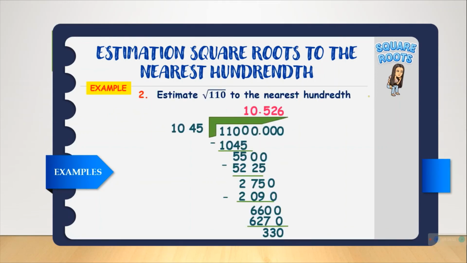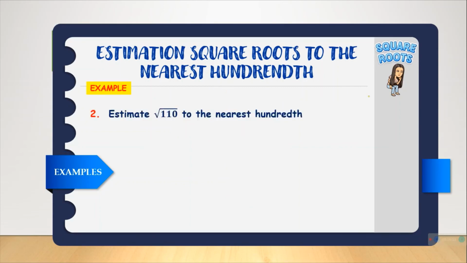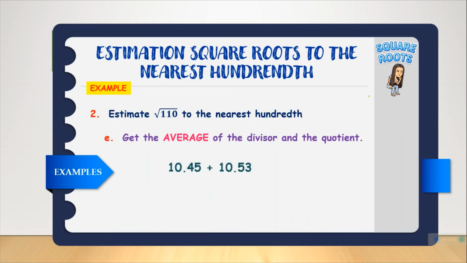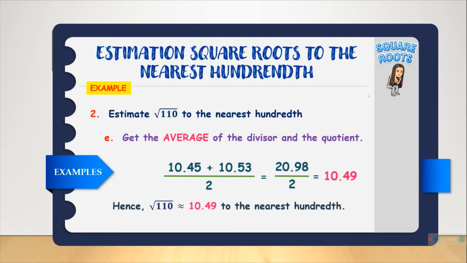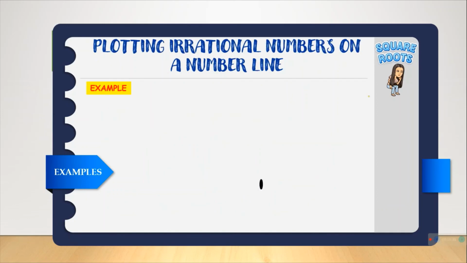And then, itong sagot natin na 10.526, pag ni-rounding off mo yan, ay 10.53. So, yung kaninang 10.45, i-add natin sa 10.53 then divided by 2. So, 20.98 divided by 2 is equal to 10.49. Hence, square root of 110 is similar to 10.49. So, paano siya ipa-plot? So, since 10.49 yan,